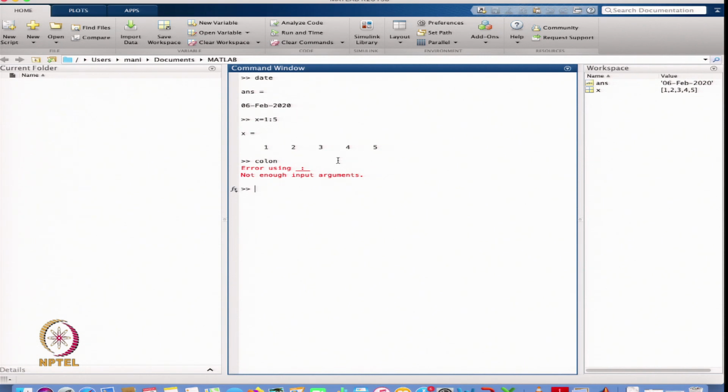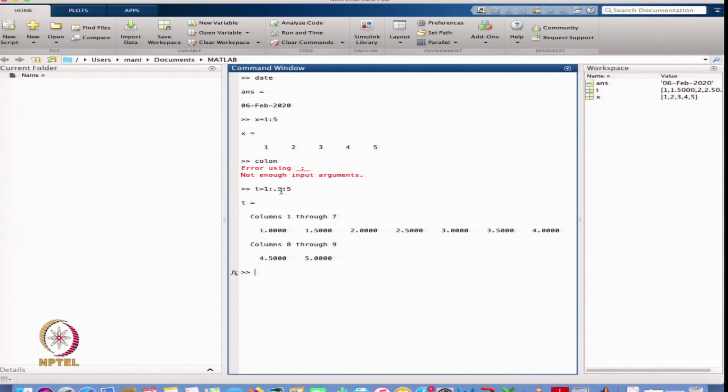Now suppose I write t = 1:0.5:5. That gives me the vector starting from 1 up to 5 with a subinterval width of 0.5. So it is 1, 1.5, 2, 2.5, and so on.